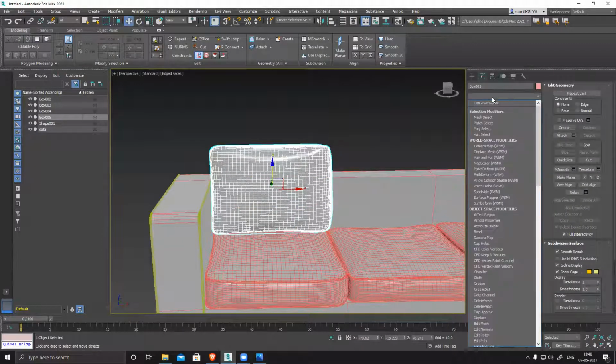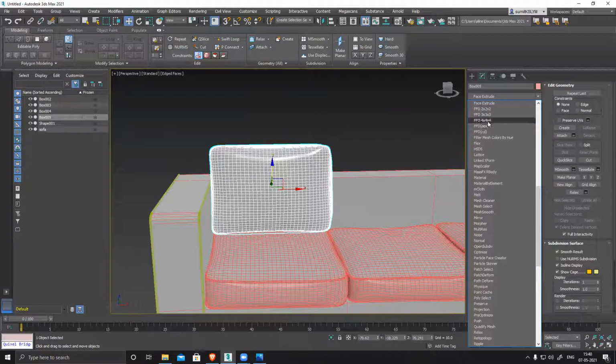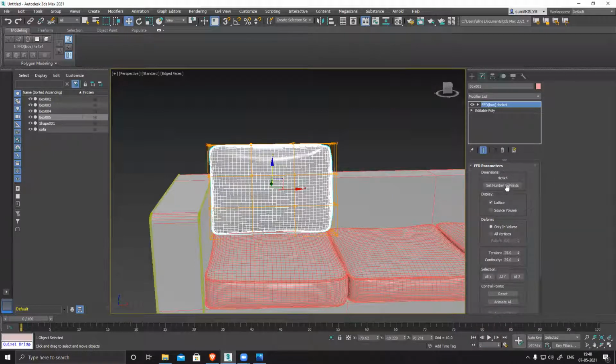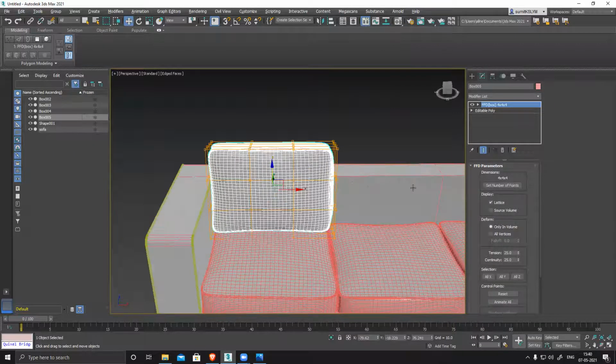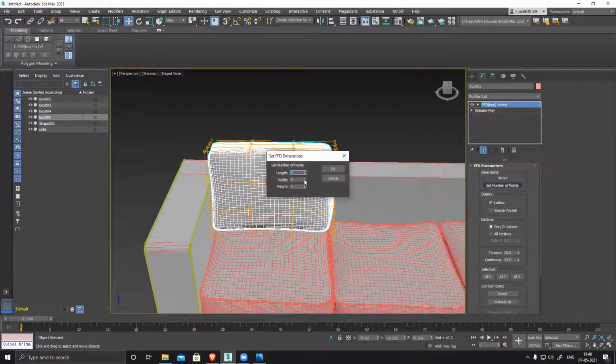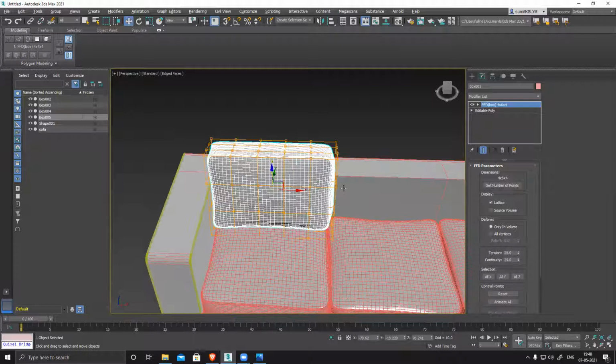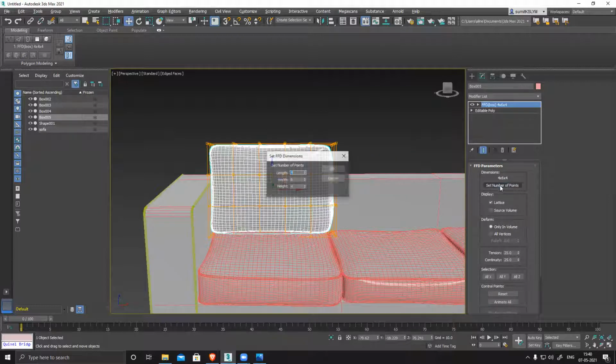I can do this, or I can apply an FFD box, and by default I can see 4 by 4 by 4, increase to 5 or 6. No, 6 is too much, so 5 is fine.